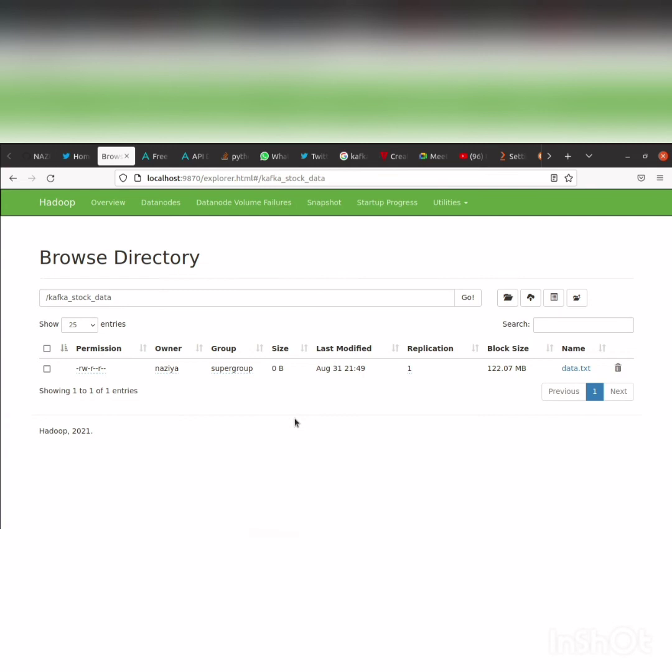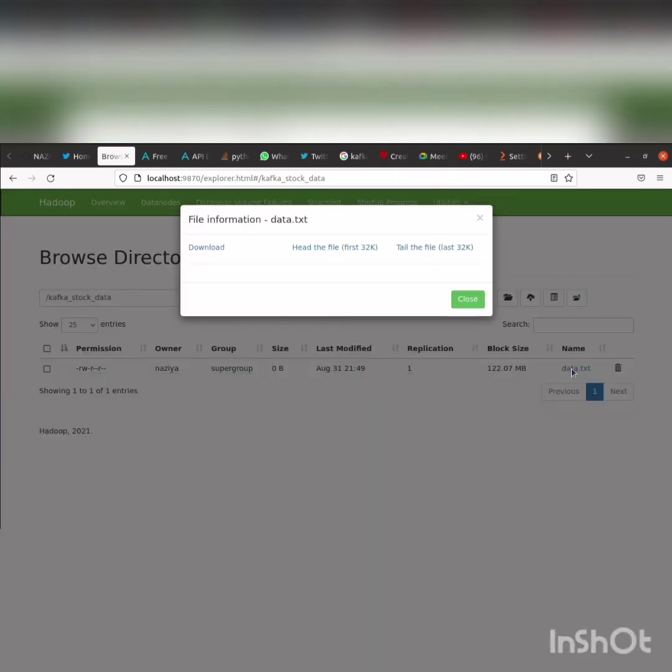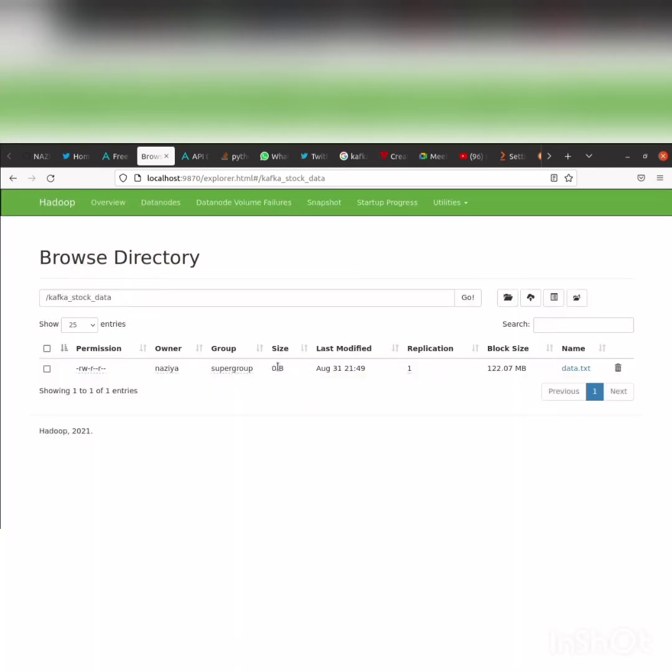Inside that we have this data.txt which is of size 0, as we have not sent any data now. So now we need to run the producer.py file. Okay, as you can see the size is 0.